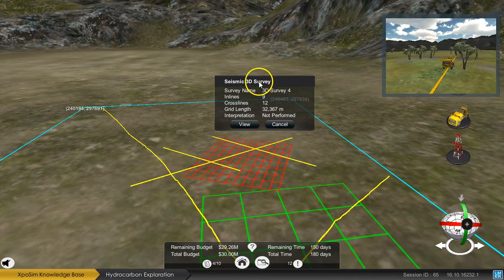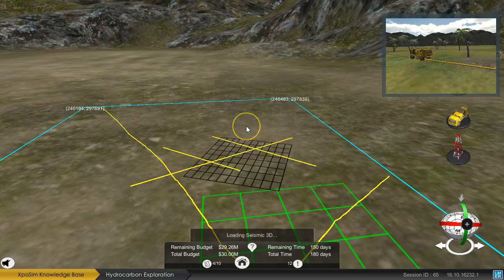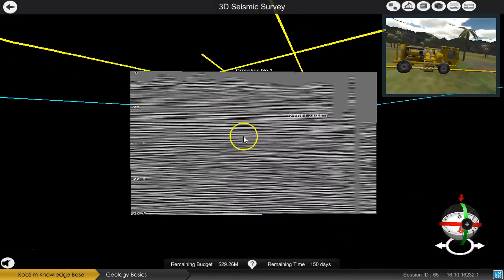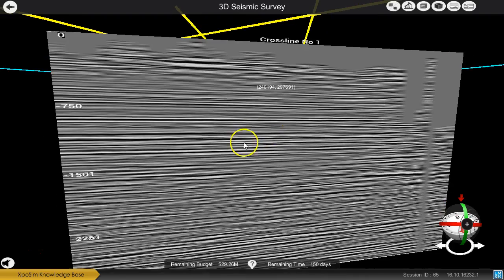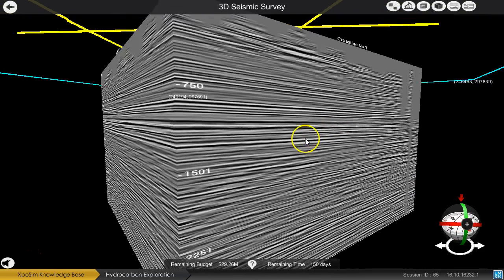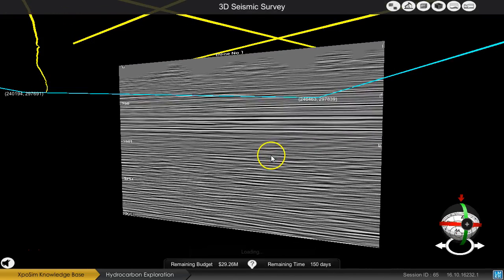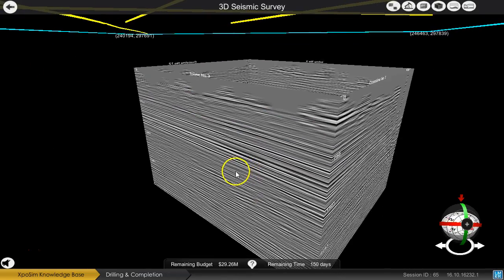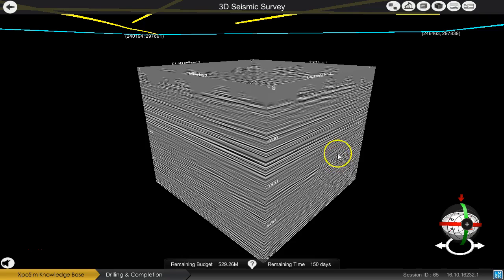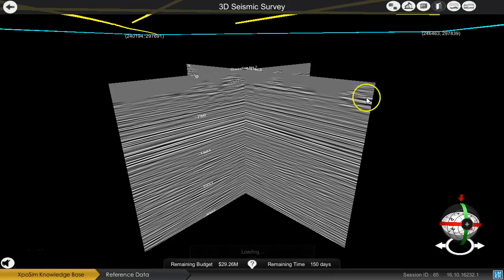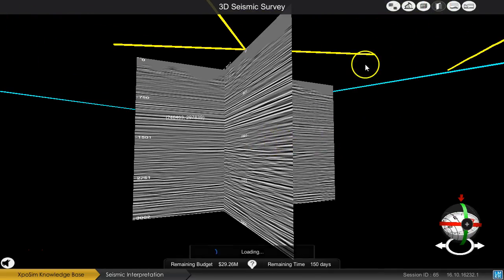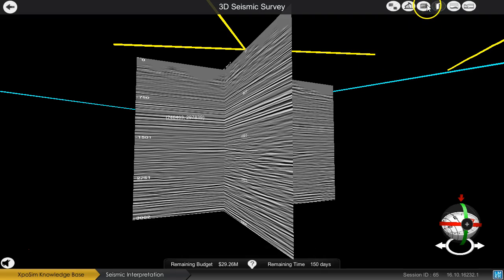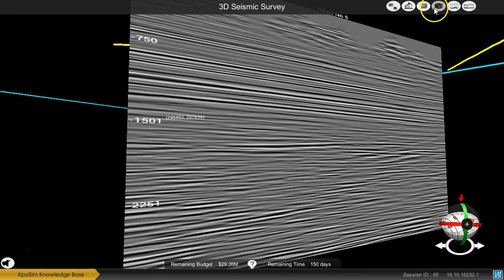By clicking on this 3D survey, I can look at this data. It's going to take me to the underground view, and here I can have a look at this seismic 3D volume. I can drag inlines and cross lines, and I can switch between this blade view and the cube view. I can change the transparency,